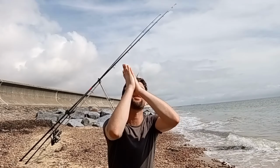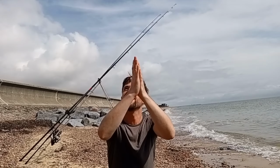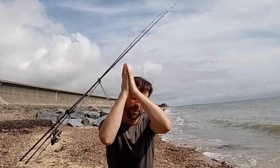So guys and girls, I'm not a religious man, but because I haven't had one in the last 5 sessions, I'm going to do this. Please, smooth hound gods, please grace me a fish today. Come on, please. I will do anything within reason for a smooth hound today. Please, please, please. Let's see if that